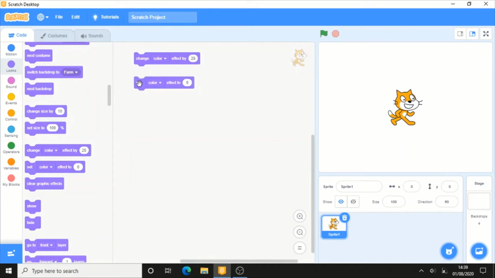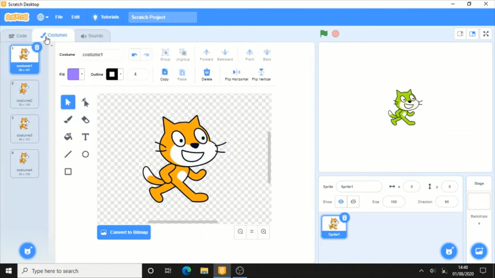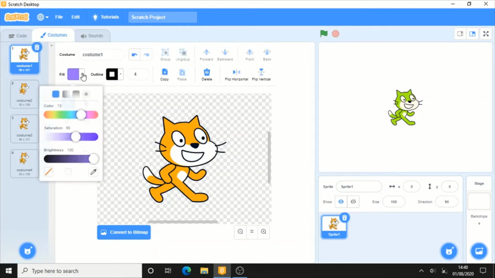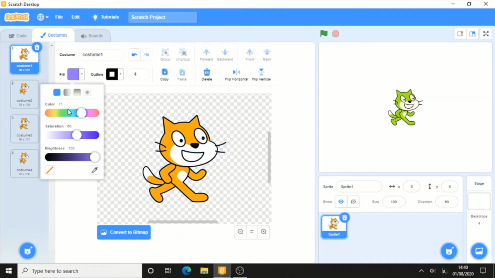So these two blocks are controlling the graphics of the cat totally. All the graphics of the cat are controlled by these two blocks. As you will see, when I click on the change color effect by 25 block, you will see the cat's color change to green from its original one, because you will see on its costume, when I click on this fill block here, you will see a line which will make the color of the